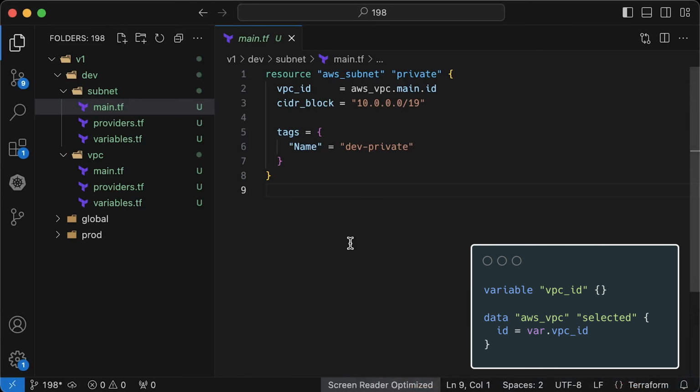The first solution is to use data blocks specific to the components we need to reference. For example, you can use data AWS VPC and provide parameters to locate this object in AWS. However, you would still need to provide VPC ID. For other resources, you might provide generic names to locate those objects. This approach, as you can see, is not very flexible and doesn't work well with AWS VPC, since we need